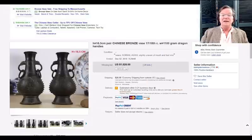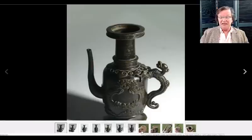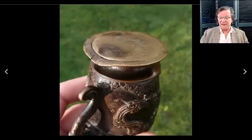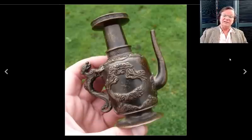All right, and then on to this other bronze, which was probably an 18th century ewer, based on some Middle Eastern metalwork. But I like the dragon handle on it and the open space. And here's a picture of the bottom of it. It did have a bend in it there, which could probably be heated up and fixed pretty easily. Probably got dropped. All right, and here's a side view of it. But the bronze had a nice surface on it. And it ended up selling for